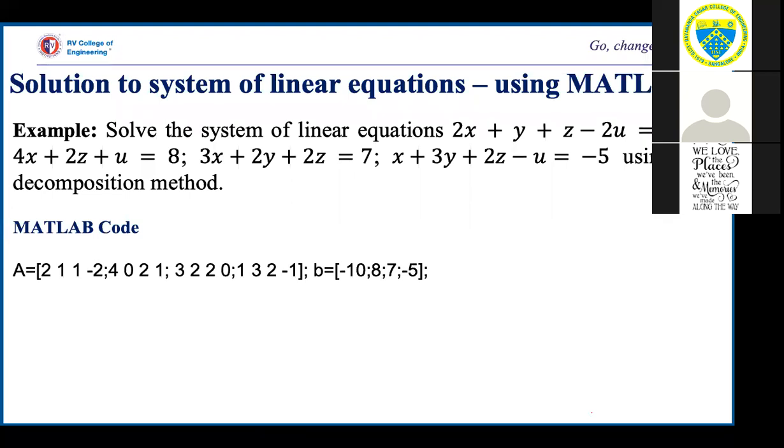So first is defining matrix A and B. Then LU of A will return L and U. First, we are going to solve by direct substitution. Solve for y as L backslash P star B. P is the permutation matrix. And then you are going to solve x, which is the column vector of unknowns x, y, z, using U backslash y.